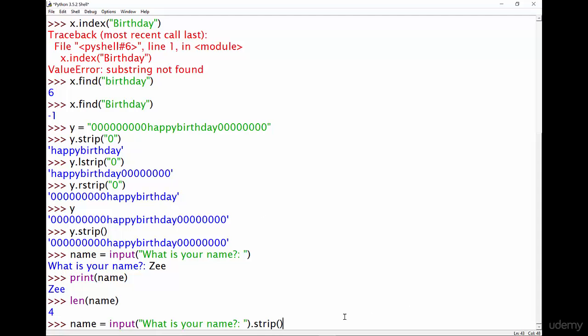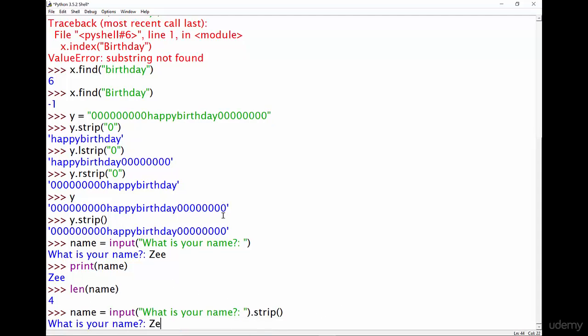Okay, so what this is going to do is take this input function, which gives us whatever we put in. Then we're going to use the strip method to strip off whatever this string is, and then save that in name. So if I do that, it's going to ask me what my name is. I'm going to say Z, and I'm going to press